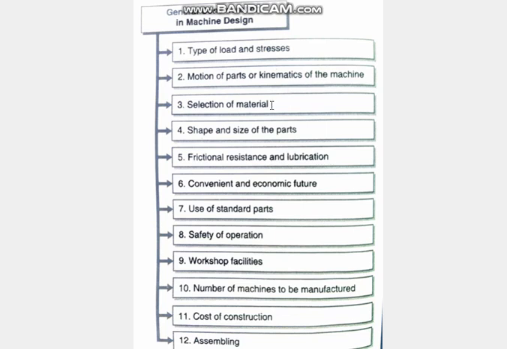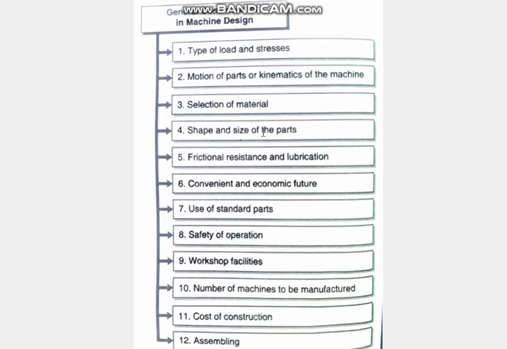The third step we already discussed in the previous item, that is the selection of material. In the selection of material, a designer should have sufficient knowledge. That's why you studied the mechanical engineering materials subject last year. In that, the knowledge of properties of materials under different working conditions, how they are going to behave, what is their strength, flexibility, whether they are conducting or insulating, and all those things. Depending upon that, you have to select the material that is needed for our components.